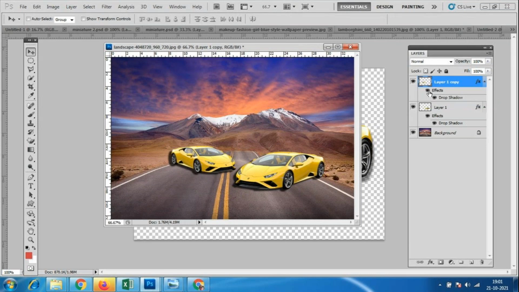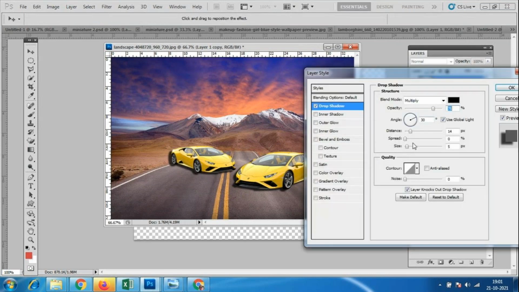So we have to go to this drop shadow, and I'll reduce the size of this, or the distance of this drop shadow also I can reduce it. And if I want to spread the shadow also, we can, I'll just spread the shadow, and it will become light.